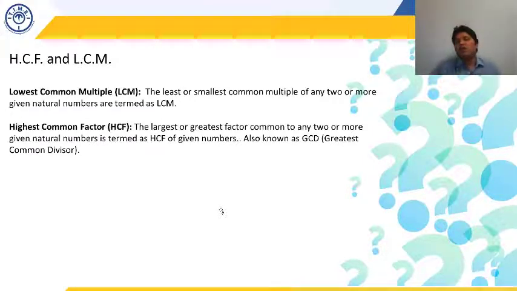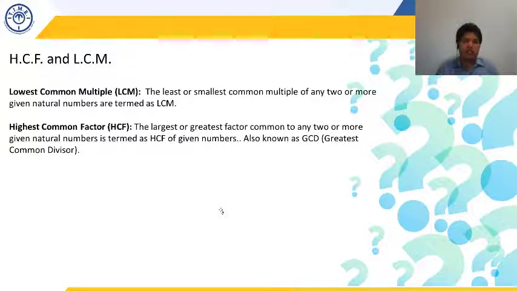So what are the factors of 6? It is going to be 1, 2, 3 and 6. That's it. What are the factors of 12? It is going to be 1, 2, 3, 4, 6 and 12. So what are the common factors between them? 1 is common, 2 is common, 3 is common, 6 is common between them. But which common factor do we want? We want the largest common factor between both of them. So the largest common factor is going to be 6,